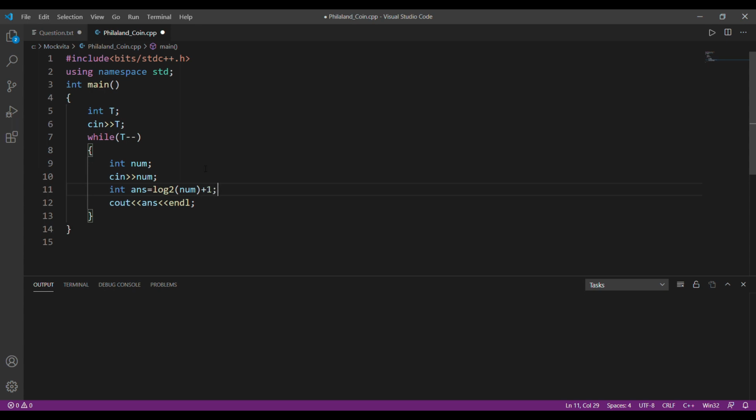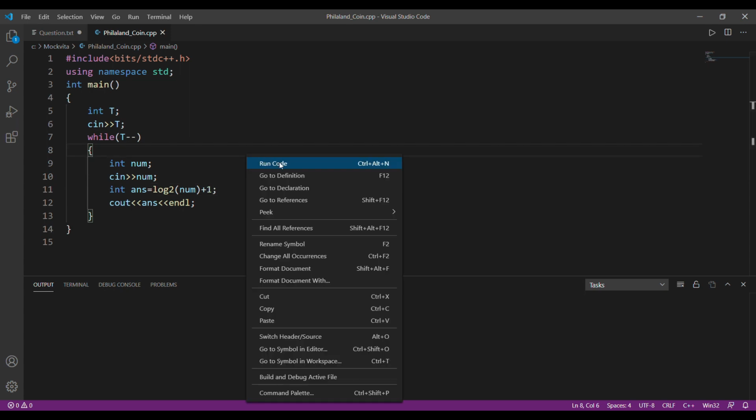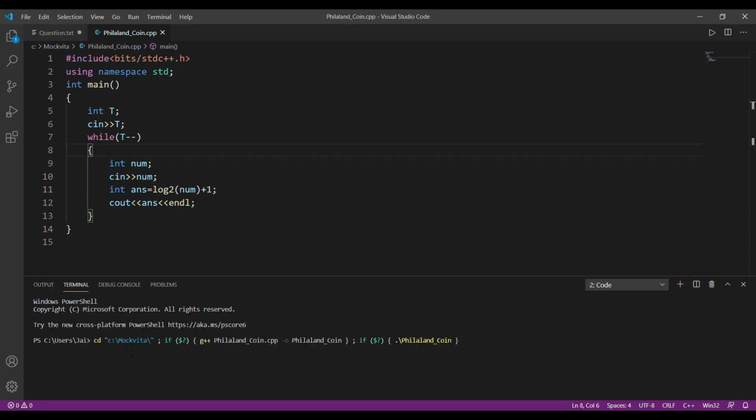Just for clarity, I'll execute it. All right, let me run my code. I have two test cases. My first one will be 10. Yeah, the answer is 4. Great. Now I'll try to run 5, 3. Yeah. So now we have passed all the public test cases that were given. And trust me, this has also passed all the private cases.